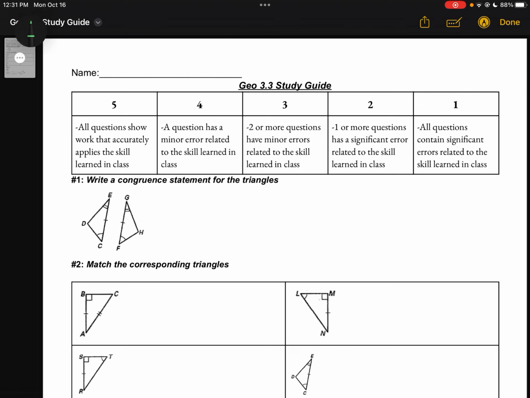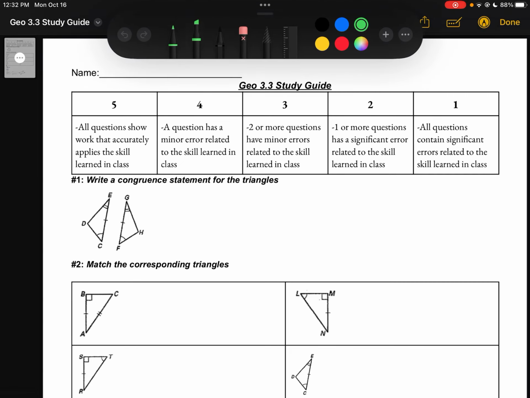Everybody, so for today, one big thing that will be very helpful is anytime you have the opportunity to color code to match things, that's going to help a ton. So C and F, they both have the one arc sign showing congruence. E and G both have the two arc signs showing congruence. And then conveniently, our last terms D and H don't have that, but they are the only terms that are left over. So when we go to write our congruent statement for these triangles,